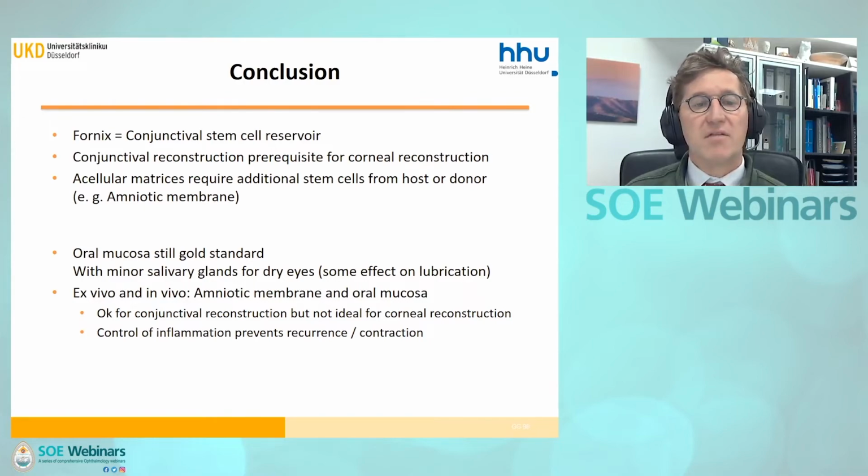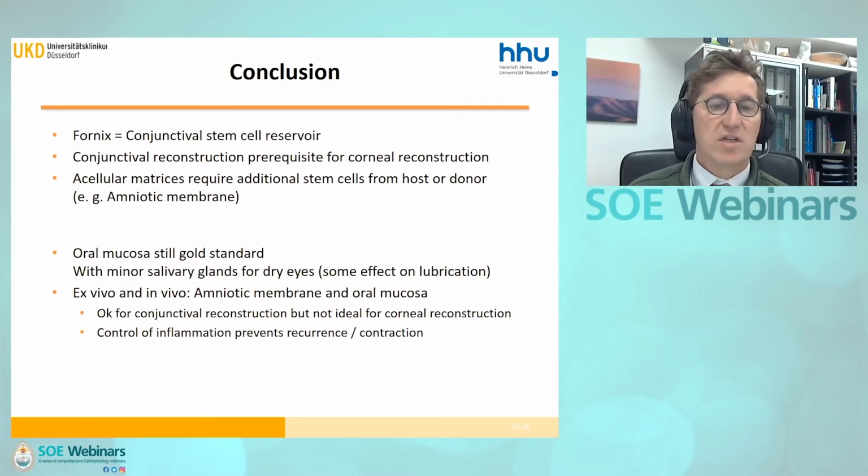But this is okay for conjunctival reconstruction. It will not allow corneal reconstruction. In any case, we need to control inflammation to prevent recurrence and contraction. And in the severest cases, we need keratoprosthesis surgery to bypass any fornix or